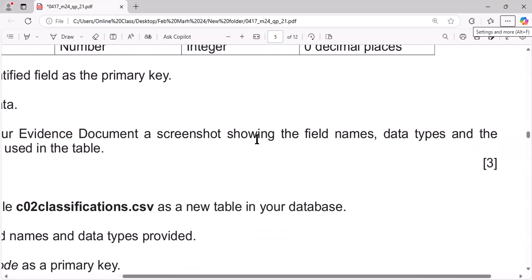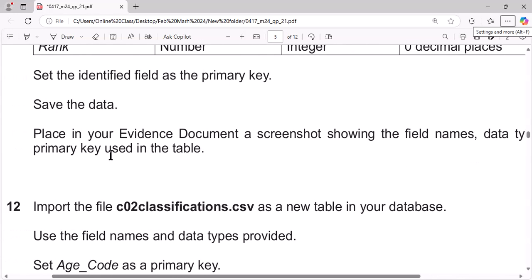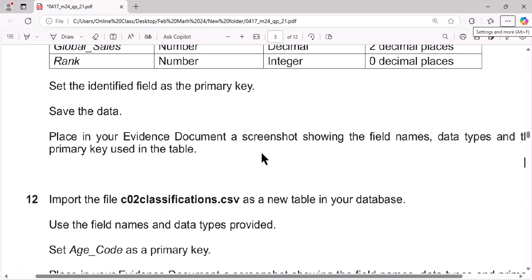It says field names. What do you want to show? You want to show the evidence of the field names, the data types, and the primary key used. This is very important when you are taking your screenshot, because you cannot show evidence of this from your printout